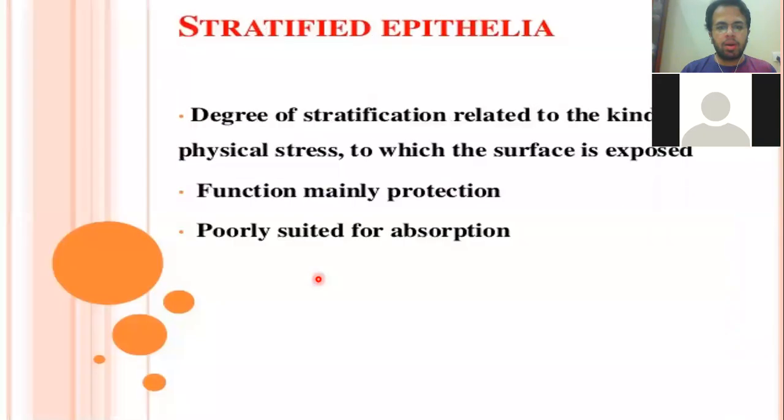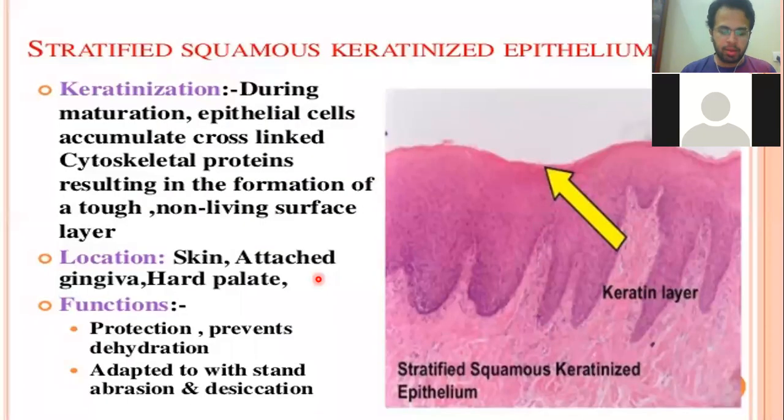अच्छा, एक और टाइप ऑफ एपिथेलियम है, वो मैं आपको बताना चाह रहा हूँ यहाँ पे, इससे पहले कि टाइम खत्म हो जाए। That type of epithelium is known as the stratified squamous keratinized epithelium. Now, what does it mean by stratified squamous keratinized epithelium? Now, stratified means that epithelium is of multiple layers, right? Number one. And squamous, why are you calling it squamous?